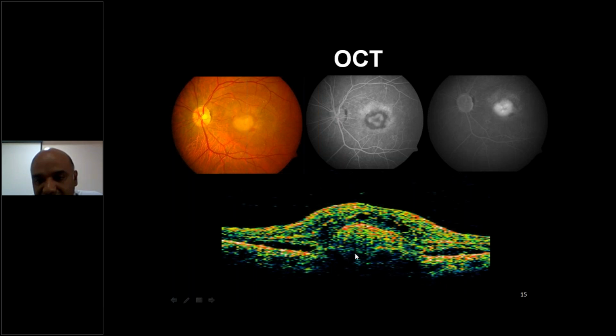Now, this pigment epithelium layer in the central part, if you can see, has detached here and formed a hump, and there is complete disorganization of the inner retinal layers seen in this OCT. This is not a very clear picture, as it is an earlier time domain OCT. The recent OCTs are much better than this, but just to give an idea about pigment epithelial detachment, I have put this picture so that you can identify it in this particular case.